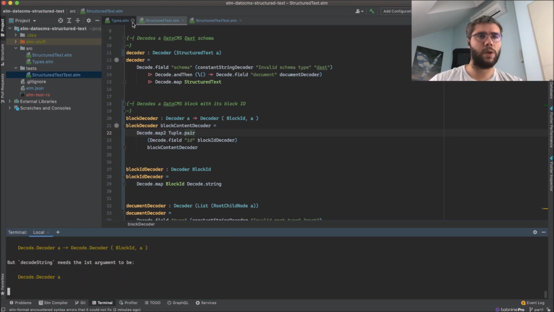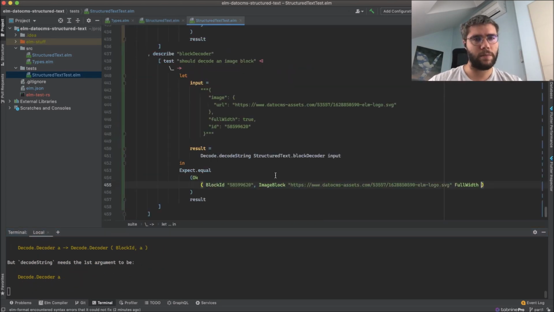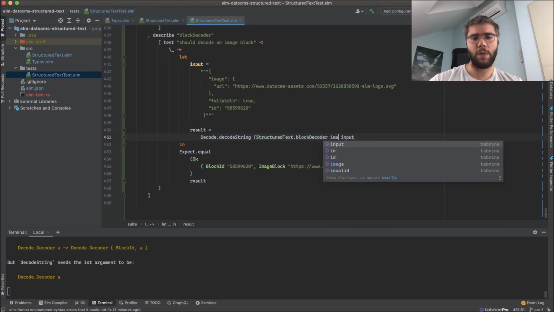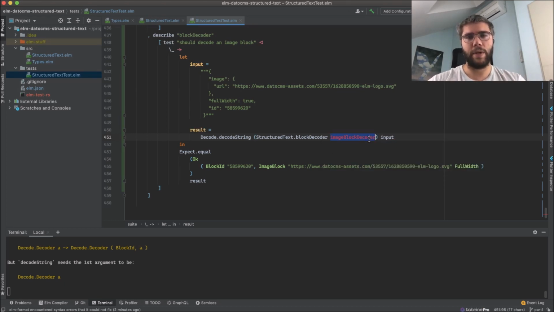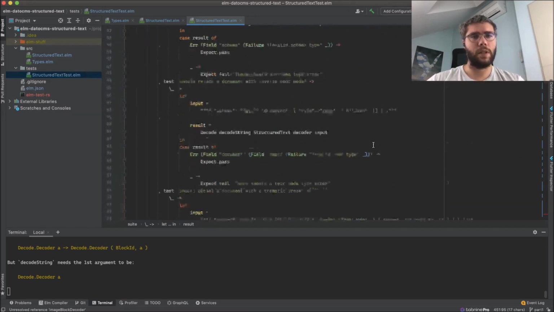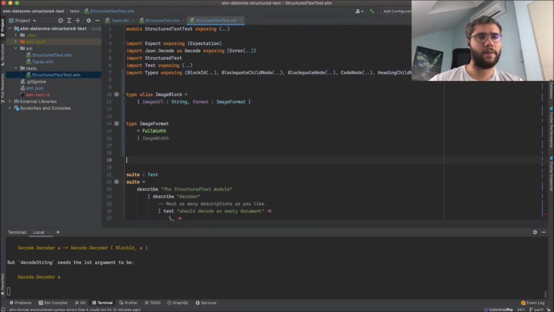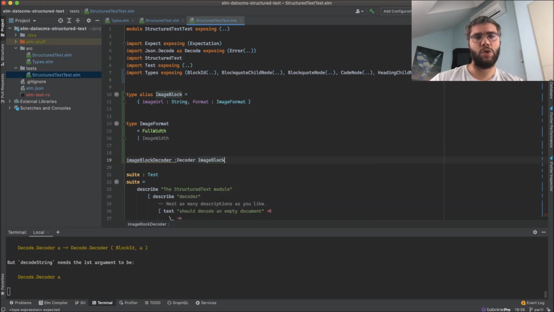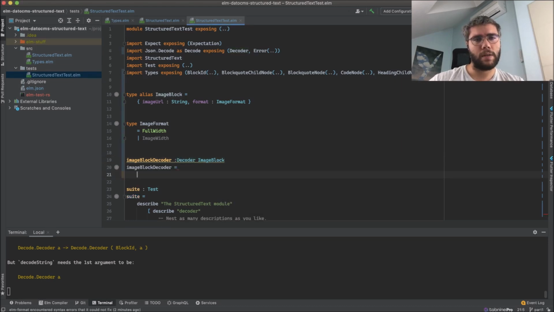No, because we've added a new argument. So here we have an error. We should give it an image block decoder right here. So let's create that, which is a decoder of image block. Okay. So it's